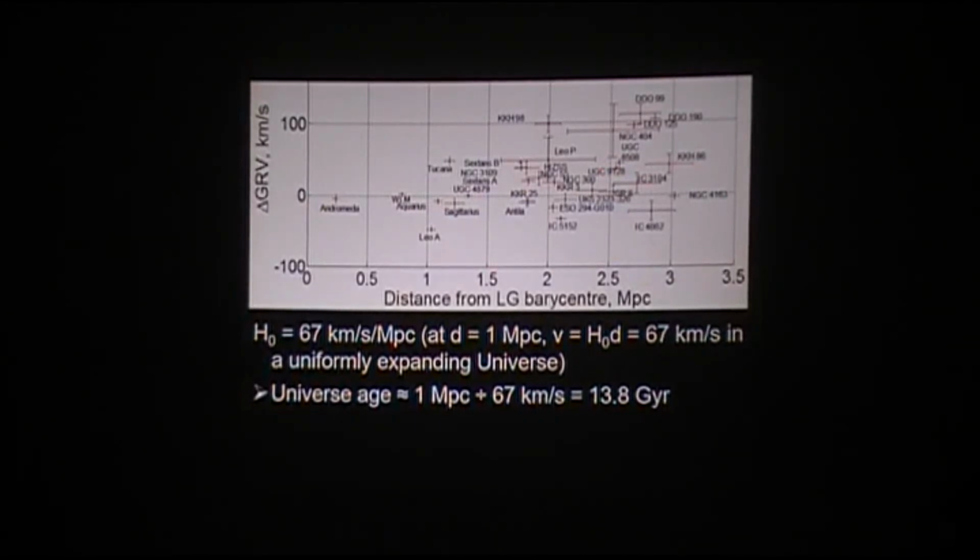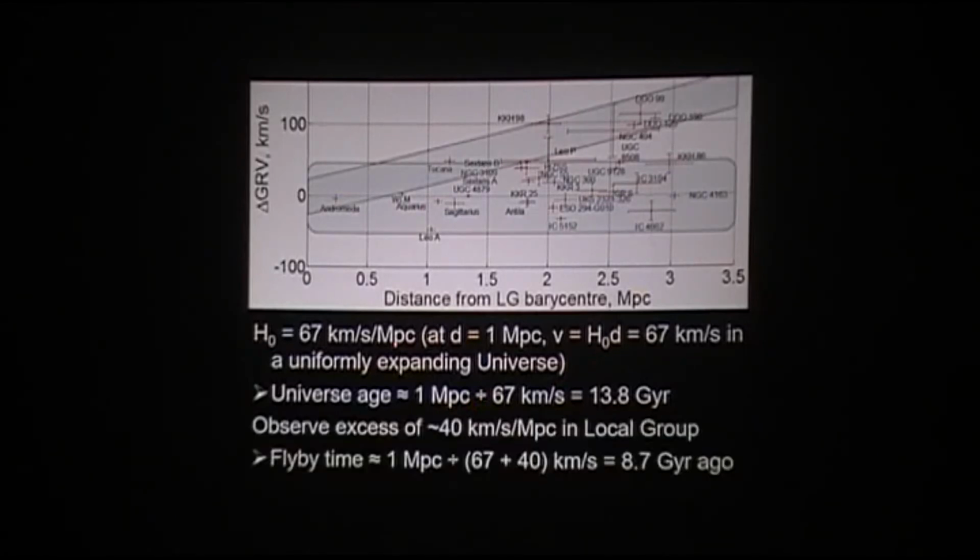Now one thing you can do is divide distances by velocities to estimate the age of the universe. So if I showed actual velocities rather than velocities minus the model, you could do that and get the age of the universe. So these galaxies were consistent with the model. This track of galaxies has an excess slope of about 40 kilometers a second for each megaparsec, which means that can be converted into an estimated time for when the flyby was, right?